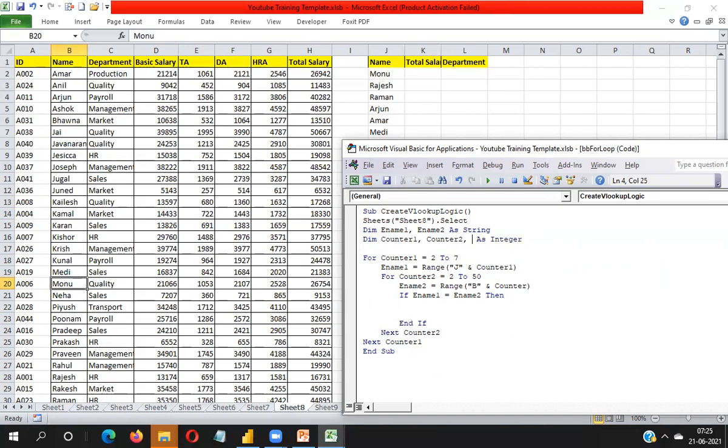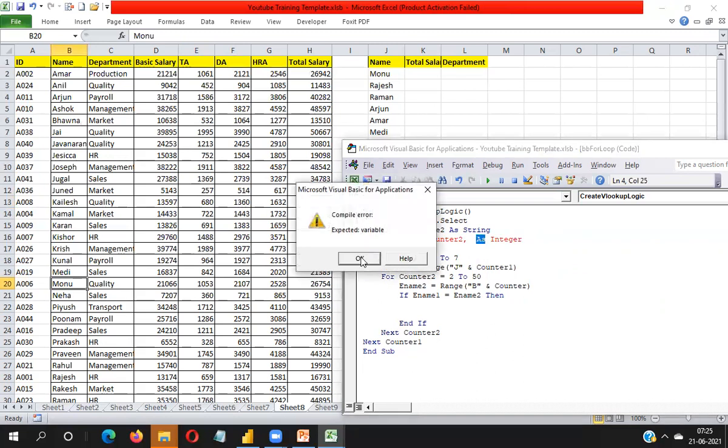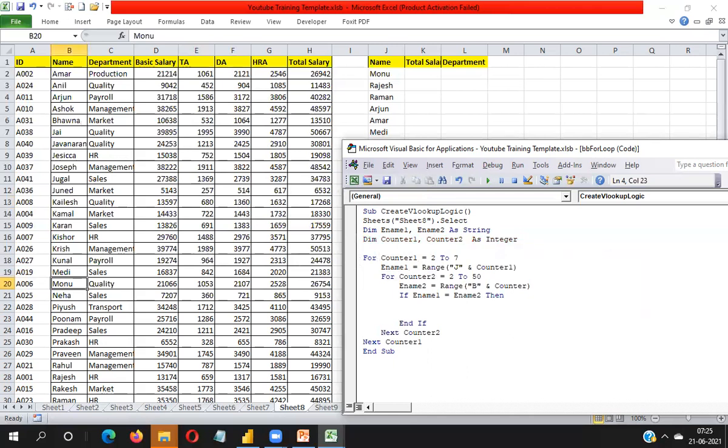Okay, I can take, no need to take r here. Here I need to take counter. Okay, so let's see how we can do it. Here I have to use where you want to place the data. I want to place data into the K column. So here you have to take reference of the K column. So K concatenate, and here you need to use this loop variable, because in this variable you are storing this data. So you are getting 1 to 7. Okay, so here I have to use counter 1 bracket close.